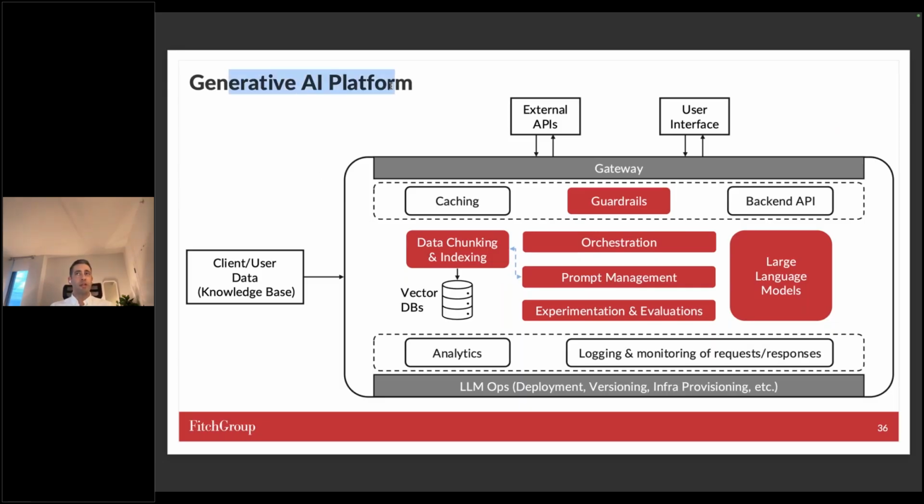For next year, for 2025, we actually want to do a generative AI platform. Every single system that I showed today required a lot of custom engineering. We want to develop almost a plug and play system where any business unit within Fitch can come in with their own knowledge base. You will still need some technical people, so you will need engineers, but you don't need machine learning expertise or data science expertise.